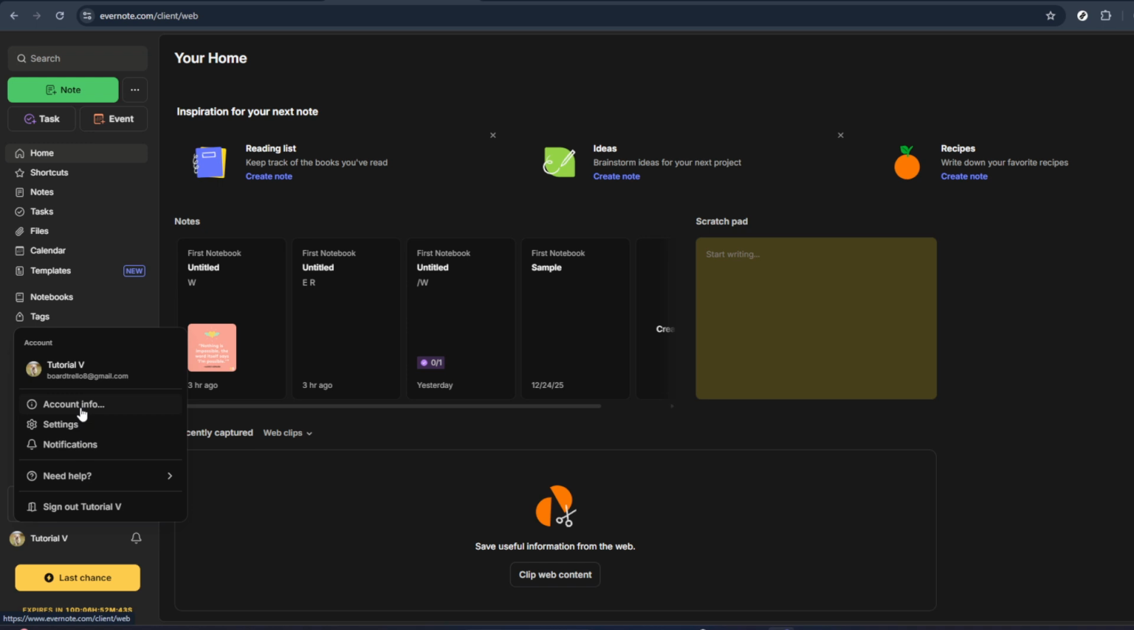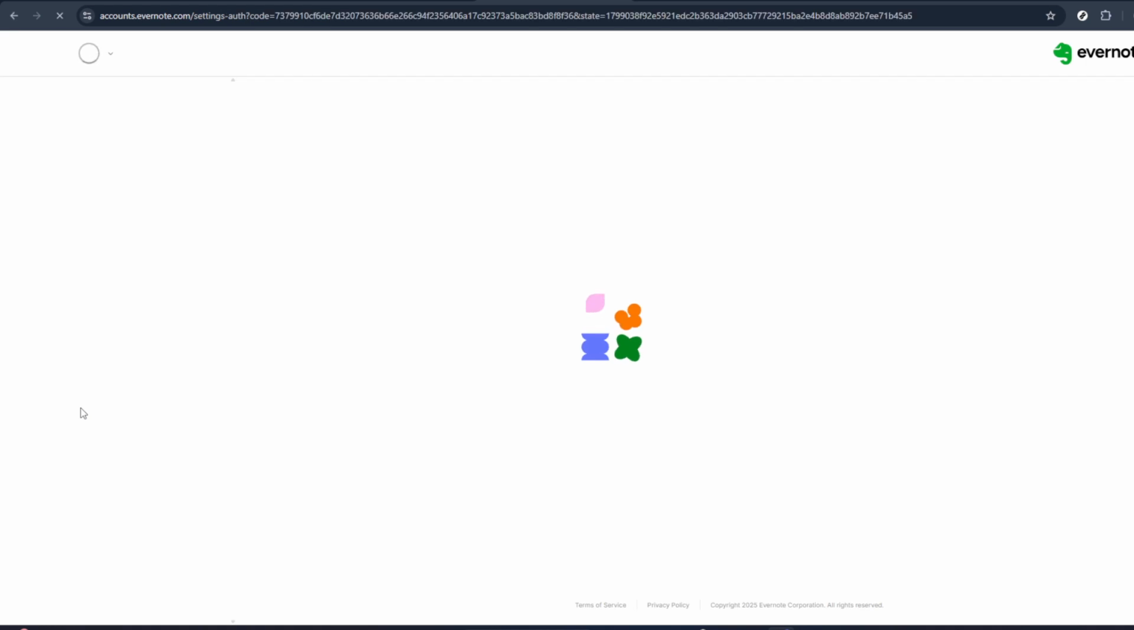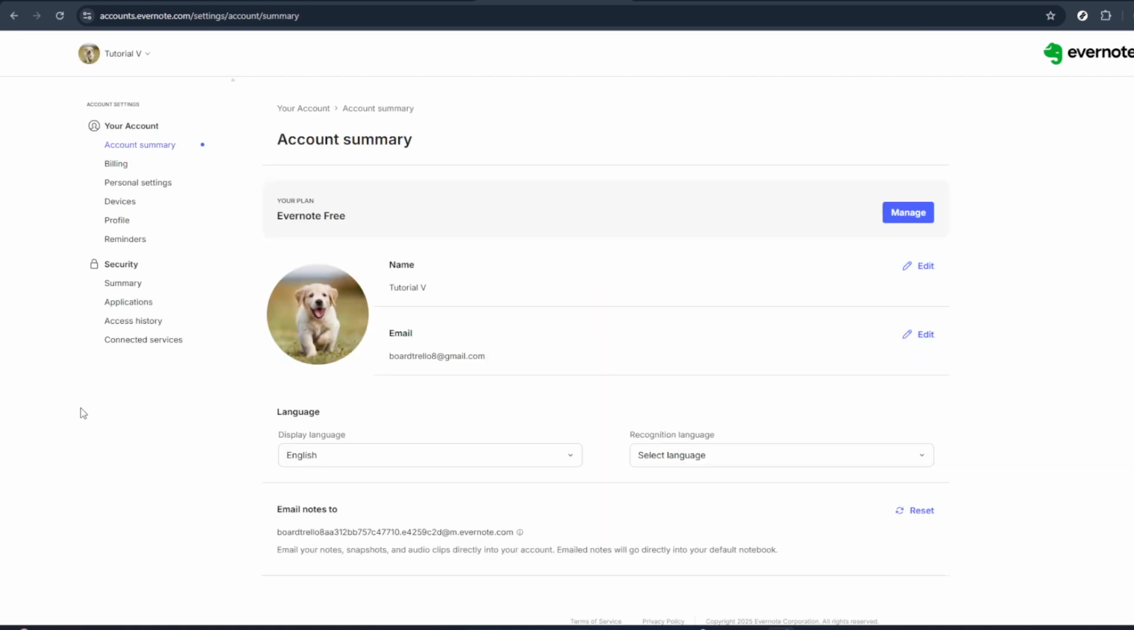This opens a small menu that gives you quick access to account-related options. From that menu, look for the option labeled Account Info and click on it. This will take you out of the main notes view and into your account management page. It may open in a new tab or in the same tab depending on your browser, so just give it a moment to load. On the account info page, you'll see several sections related to your Evernote account, like subscription